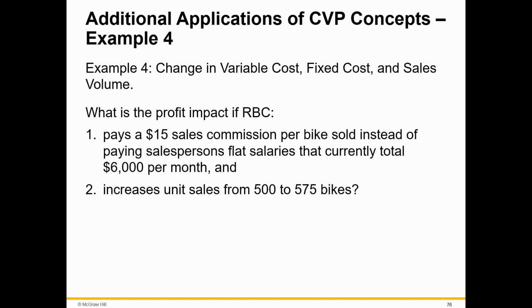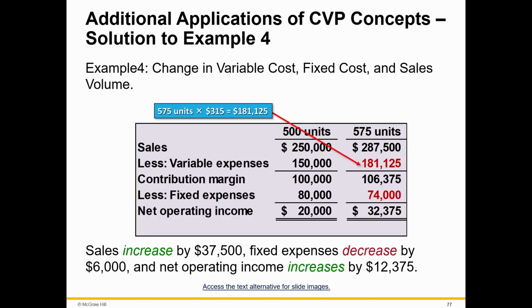So rather than a fixed salary, they're going to pay the salesperson based on commission, and they increased the unit sales from 500 units to 575 units. And we see that going from 500 units to 575 units is going to take sales to